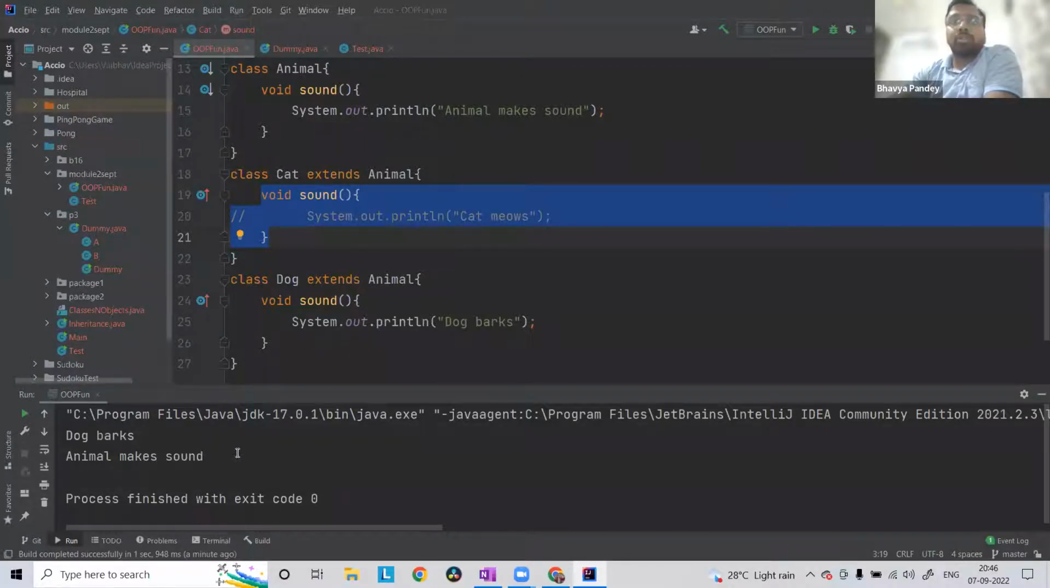Can we call the sound function? How can we access the sound function of the parent class from the child class? Super. Use the super keyword. If you comment line 19 also, so if you comment this whole thing, then what